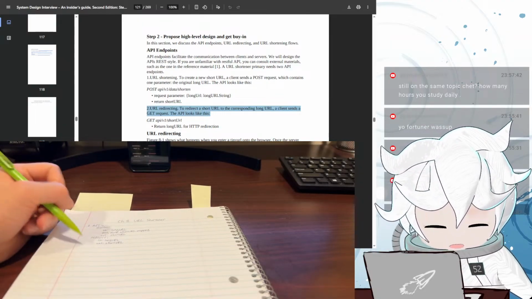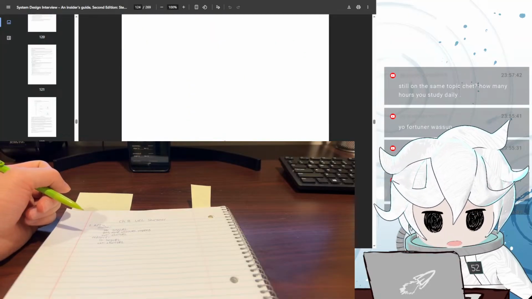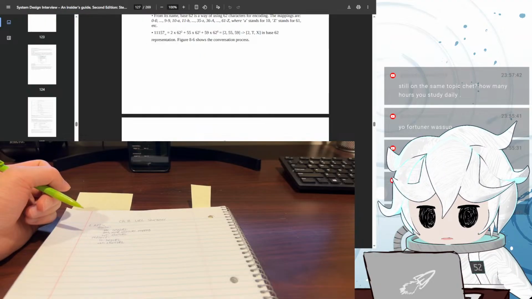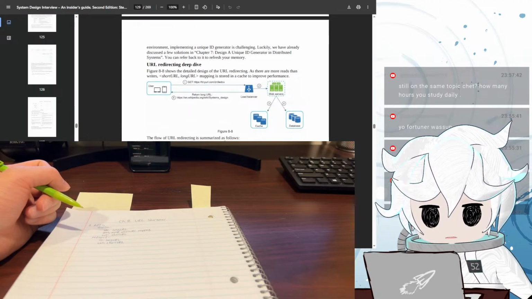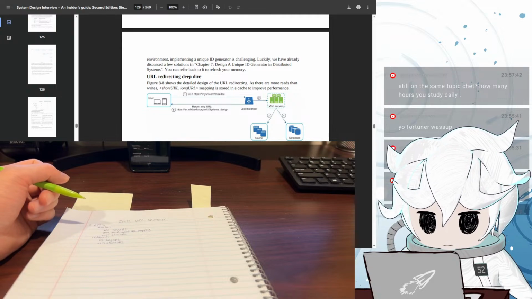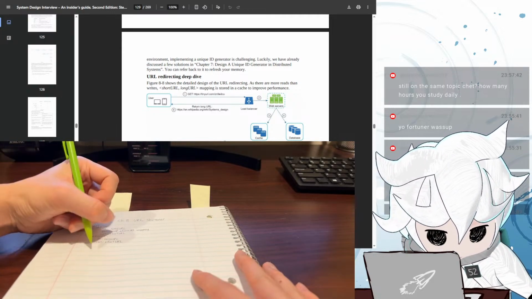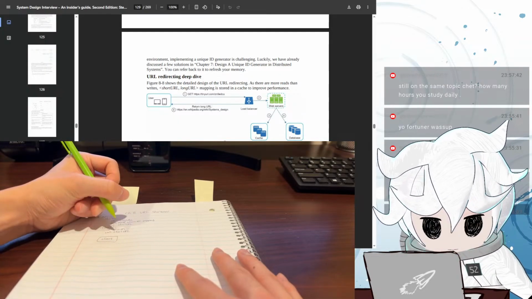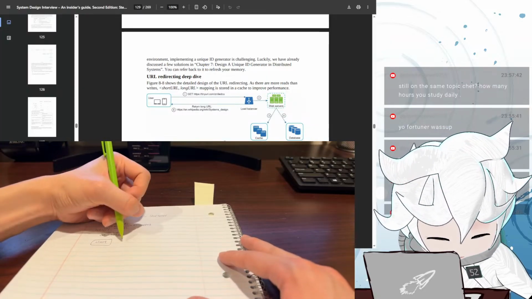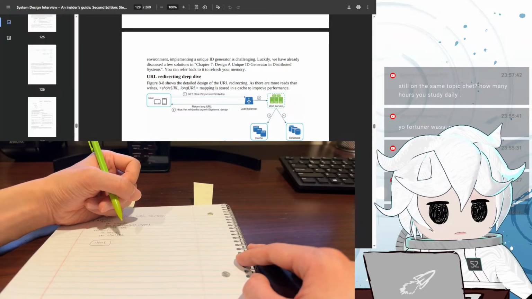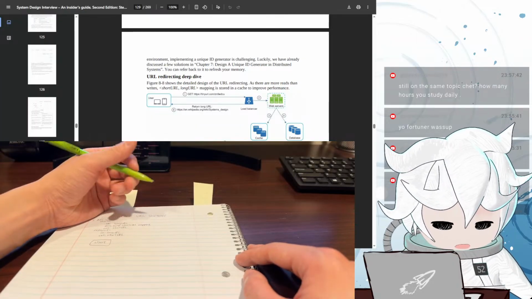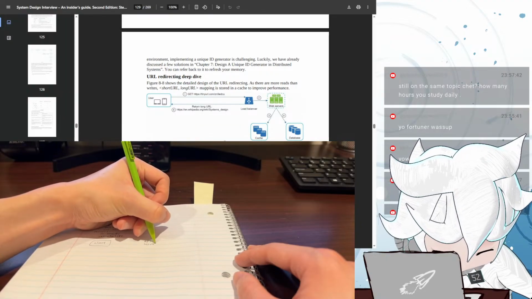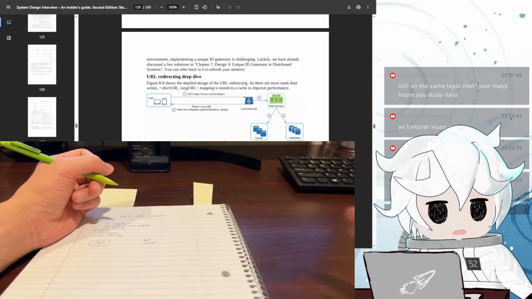Okay, so if we were to just implement these 2 APIs purely, so there's a client, and then there's our API servers. I'm probably not going to draw out the optimizations like the load balancer.